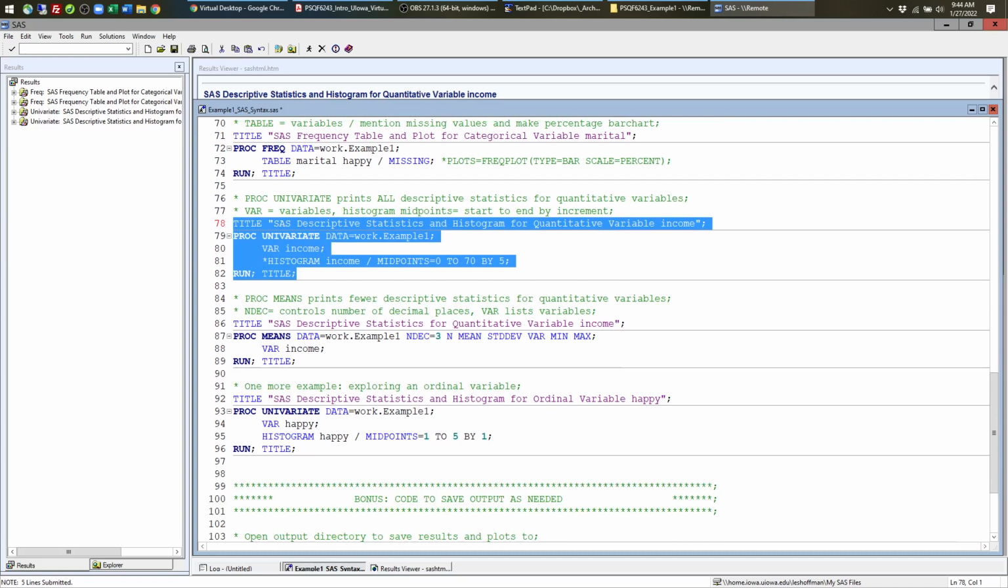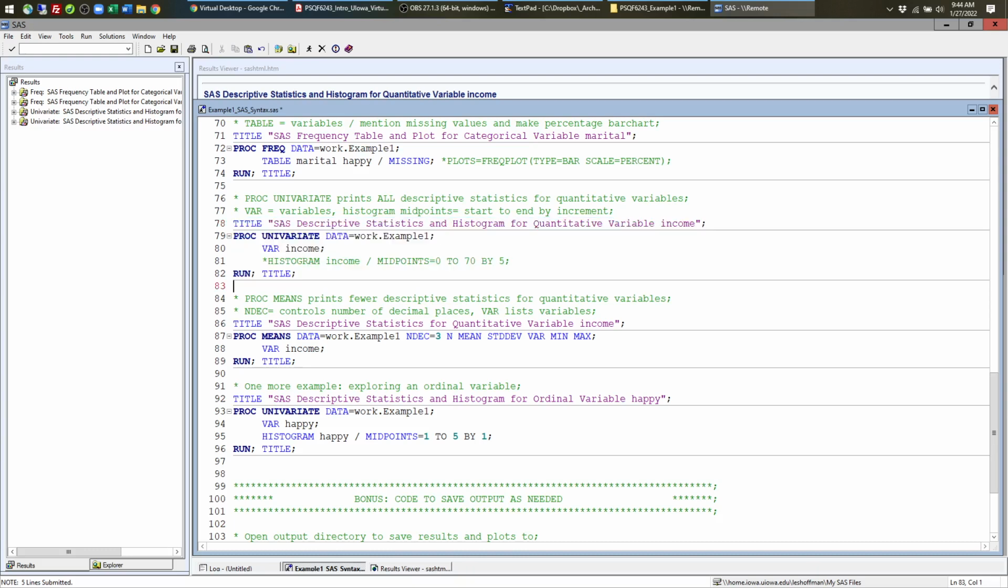And proc means is a quicker way to get descriptive information, but there's less information provided. So proc means is structured the same way as proc univariate, although it doesn't have options for pictures. So proc means, what data set you want, what columns you want, which is just income, and I can add other variables here as well. So I'll add happy, for instance, to show you what it would look like to summarize that, pretending that the numbers are numbers. This is number of decimal places,